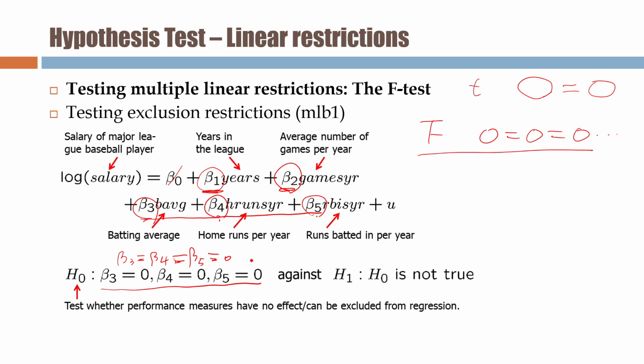So we will bring the MLB1. This is like the salary of the baseball player, how many years they played in the league, average number of games per year, the batting average, home runs per year, and runs batted in per year, and so on. Okay, so